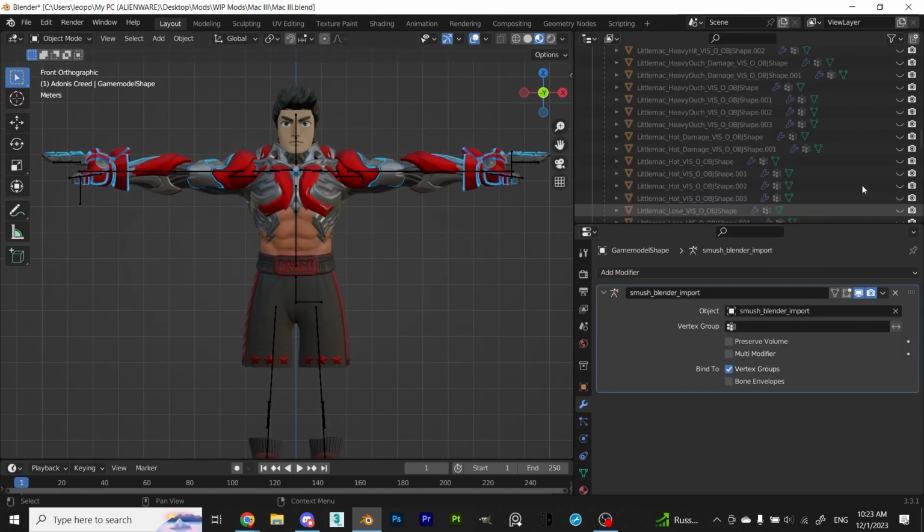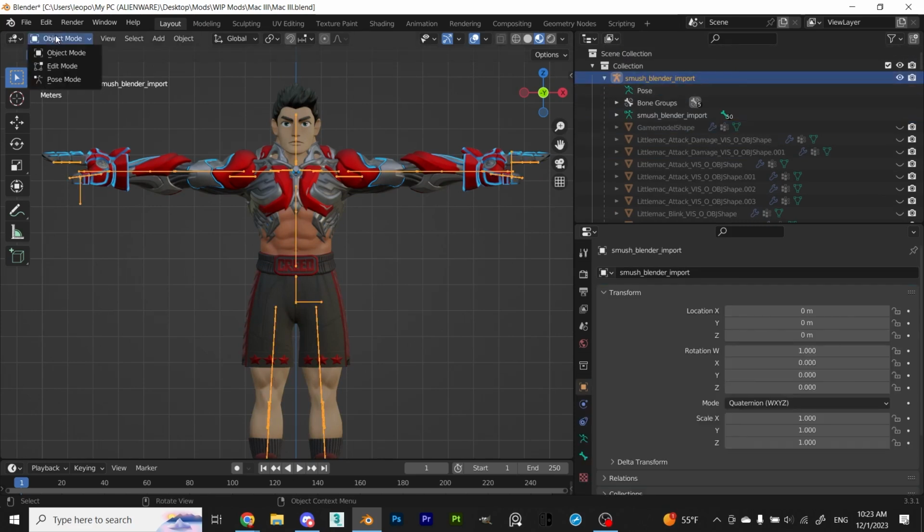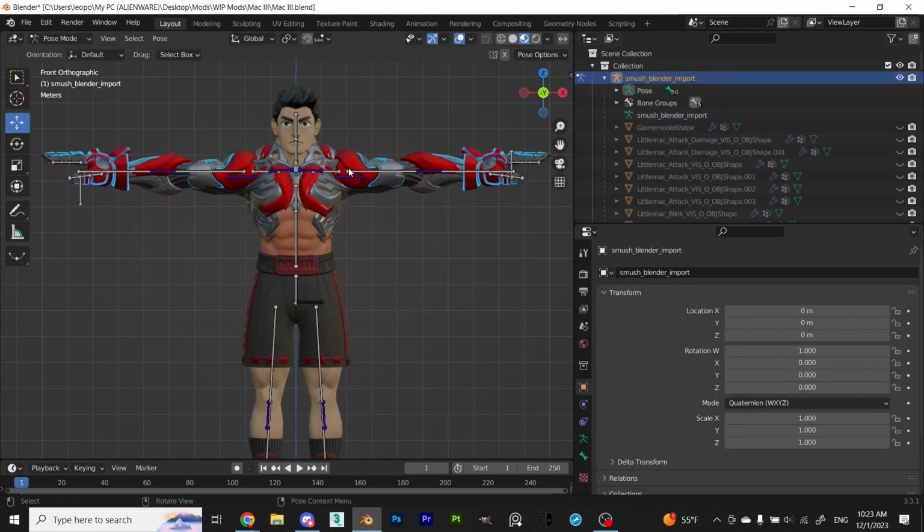Once transferring the weights, you can test it by going into pose mode on the Smash armature and rotating the bones and seeing if anything needs adjustments.